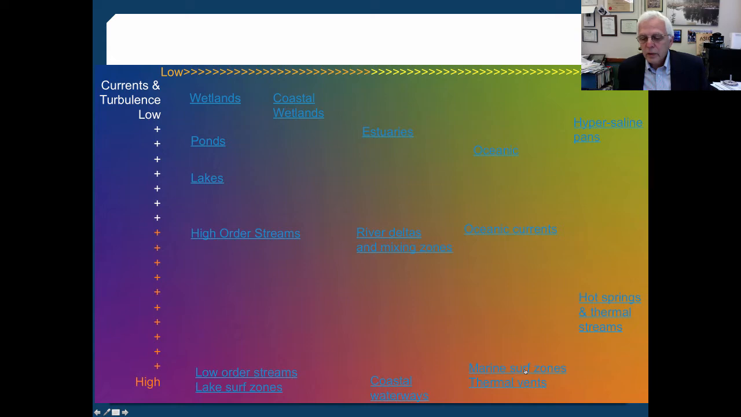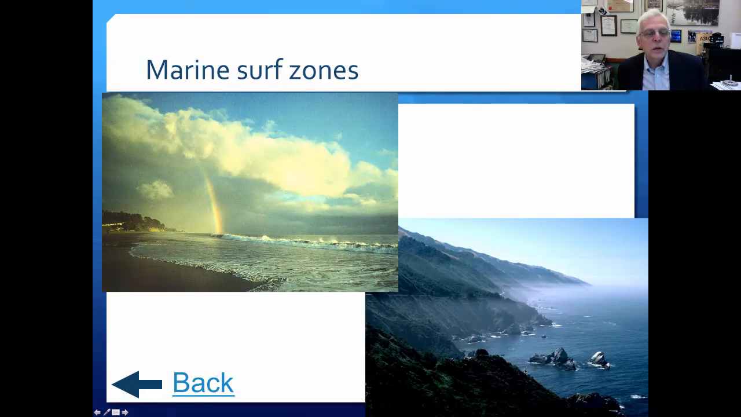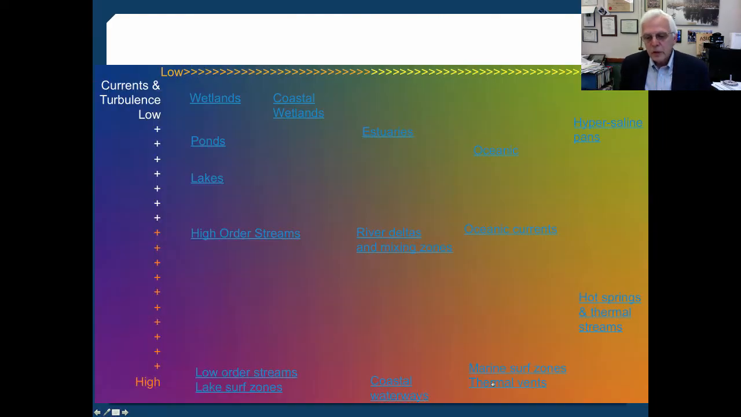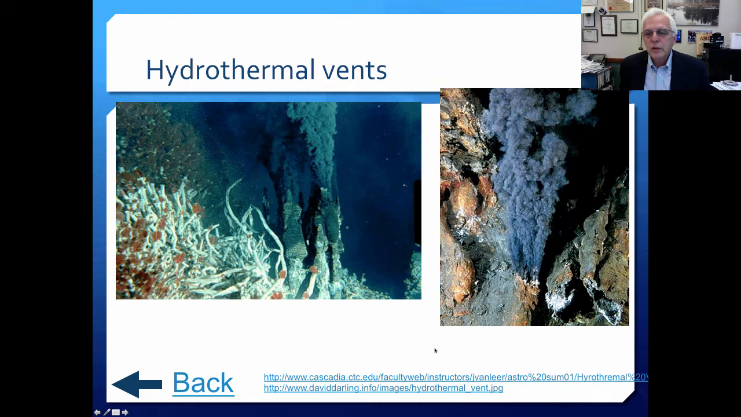And finally, getting to second to the last, the marine surf zones are very turbulent and of the standard marine salinity, and they're turbulent due to breaking waves and tidal flux and rip currents and a variety of other factors. Thermal vents, here's a couple images of thermal vents. These tend to be quite saline indeed, and can be quite turbulent due to the